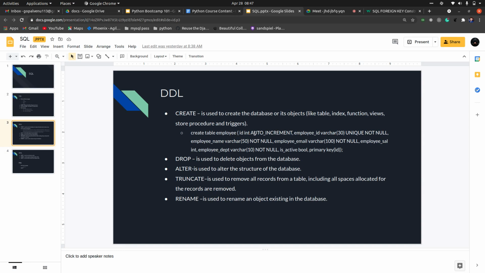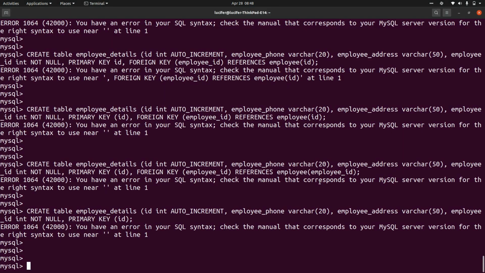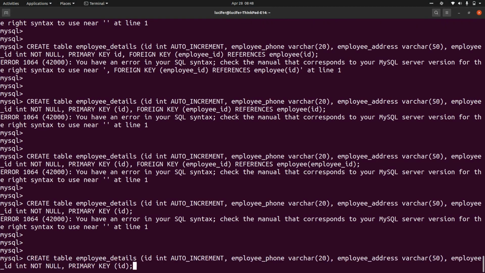Create table, table name, auto increment employee ID. Okay, my bad. There is one more bracket here. Yeah, so we are creating table, table name, column names, and adding constraints as well.